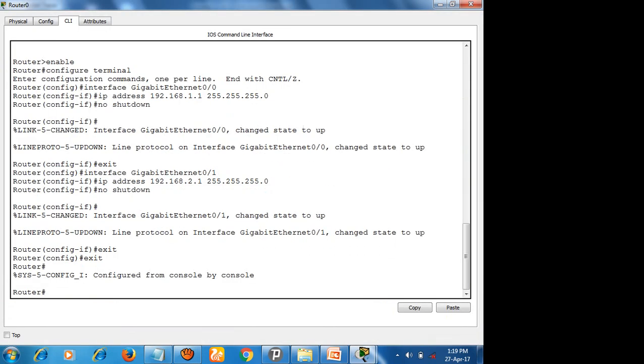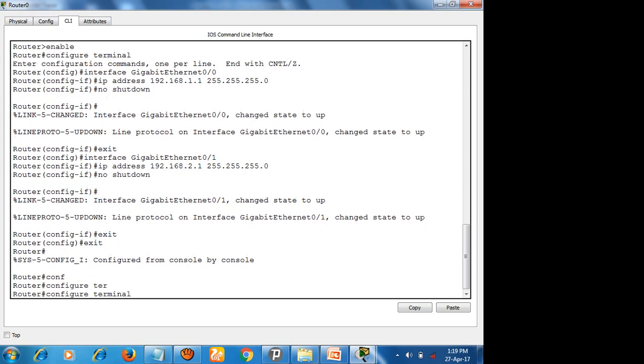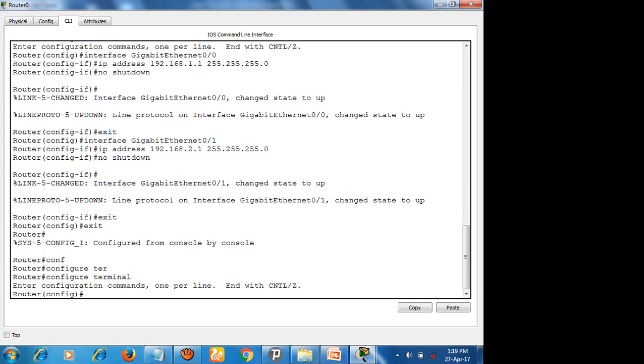Here, what I need to do first is config terminal. I already told you that whatever configurations you are doing should be in global configuration. Moreover, you can do line configuration, interface configuration, and so on, which will be different. The global configuration is for configuring the general cases.